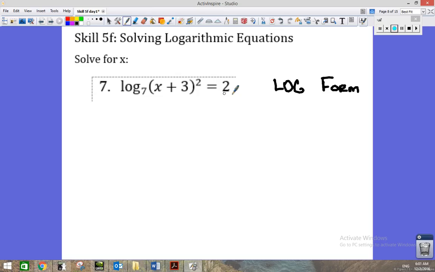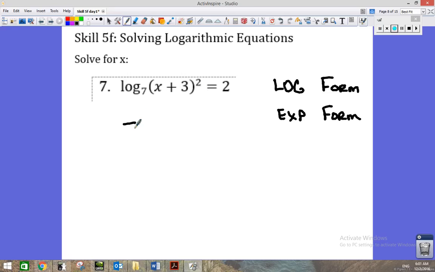I could also rewrite, since a logarithm is an exponent, this 2, another way to write the number 2, as log base 7 of 49, not 47. But sometimes that could be even more confusing, I think, for students. I think probably the better solution is to just recognize that this is log form and change it to exponential form,